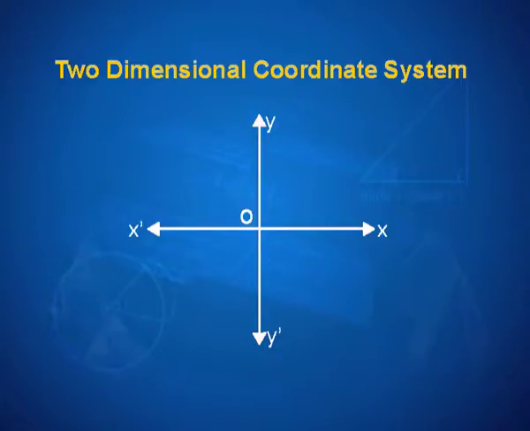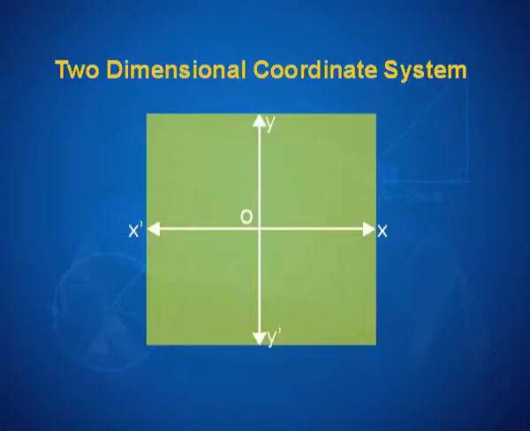Between these two lines, we constitute what is called as the xy plane. These two lines divide the xy plane into quadrants which are numbered as 1, 2, 3 and 4 as we move anti-clockwise. And you are pretty confident of how the direction and the signs of coordinates in this system are